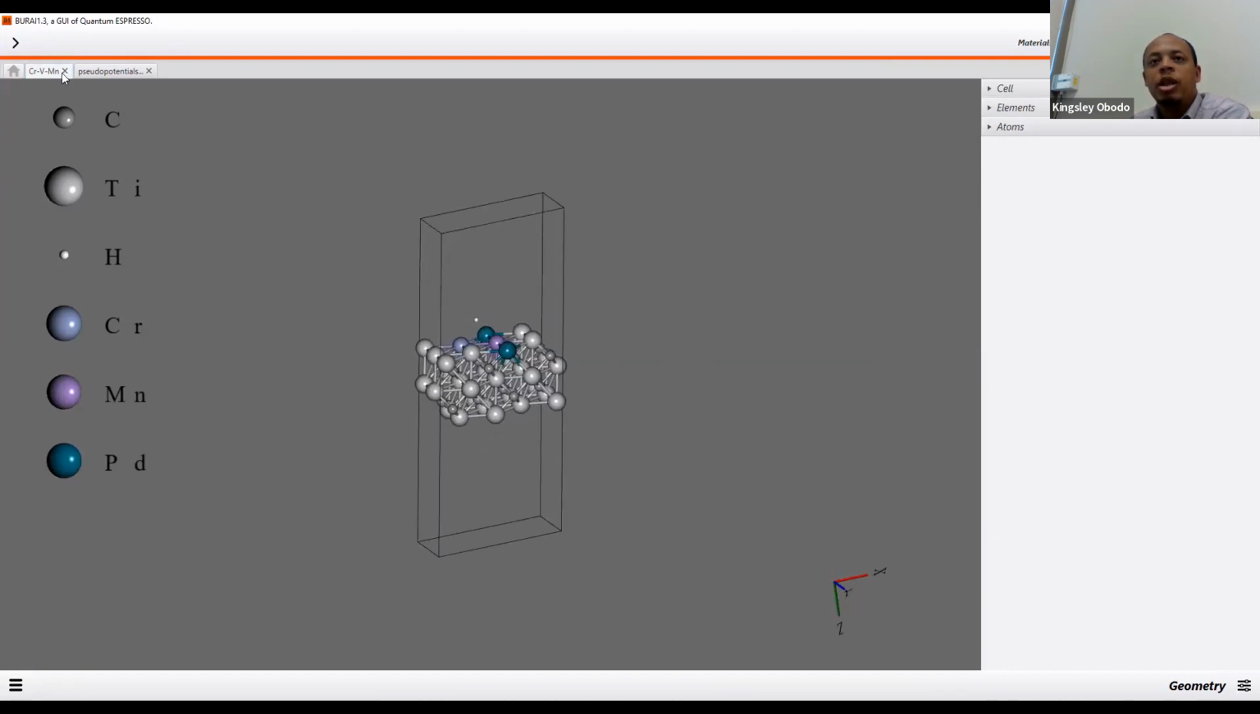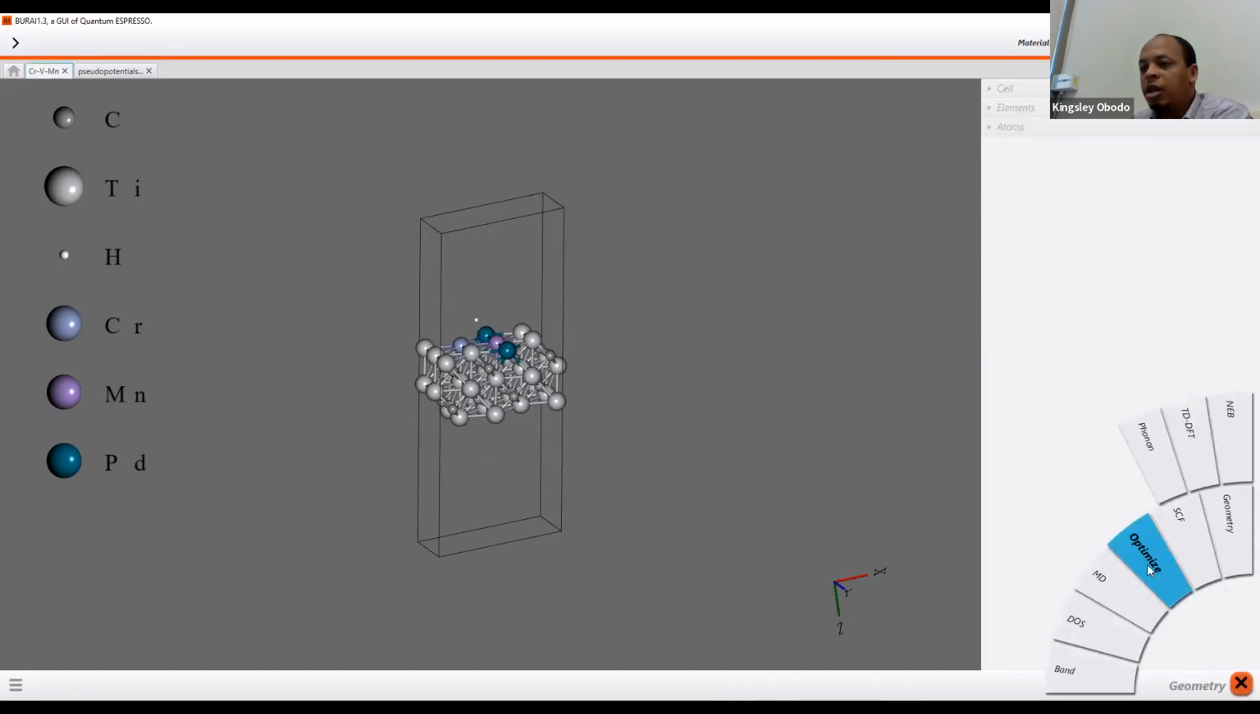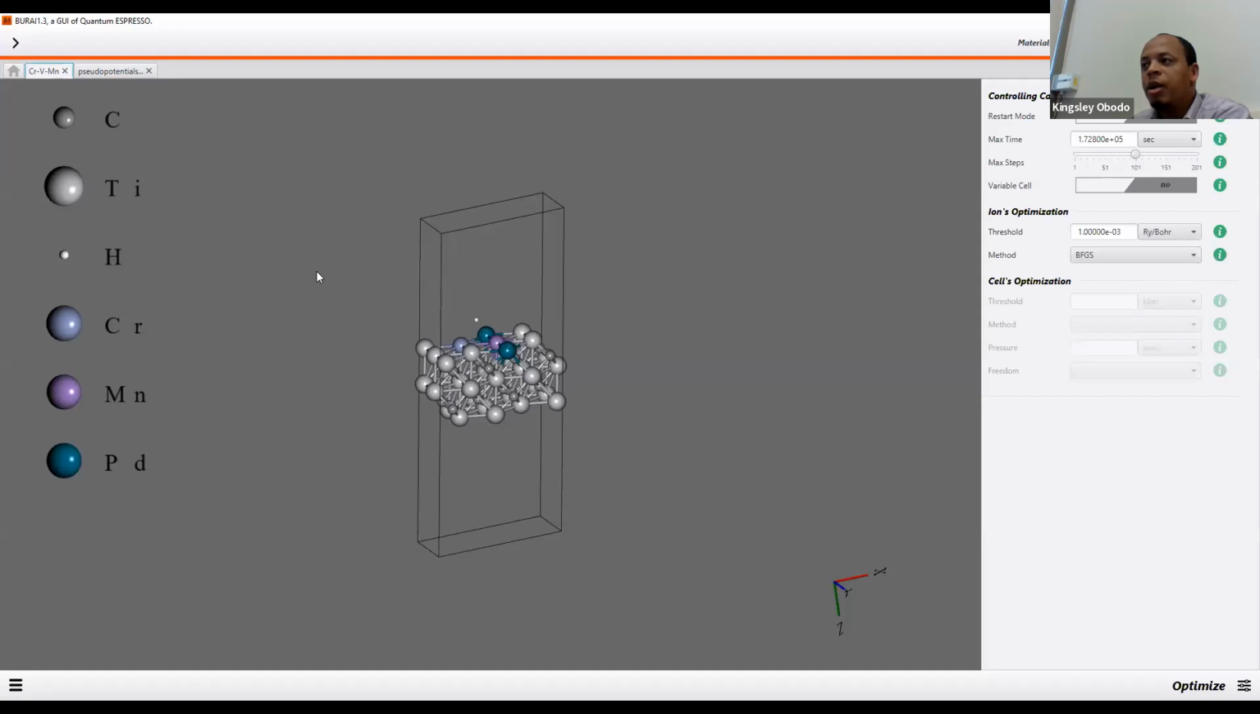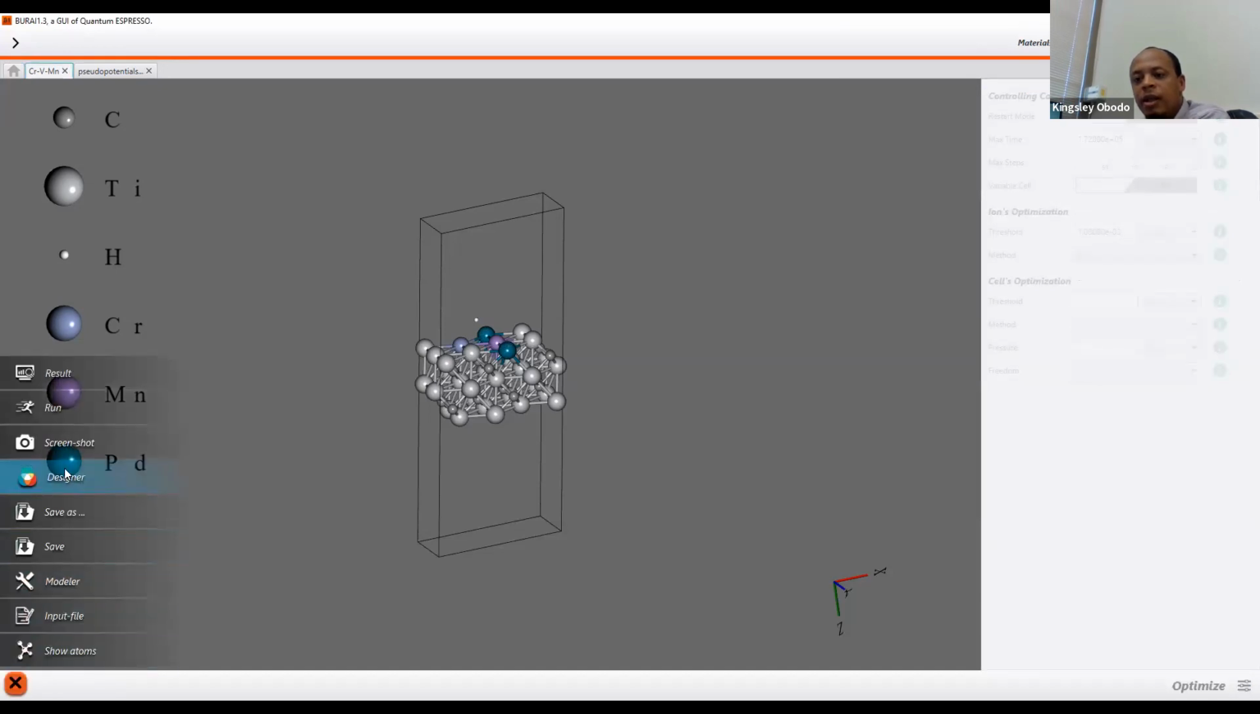From here, you can determine what kind of calculation you want to do. Say you want to do optimize, and then restart mode, I say no, variable cell. Variable cell is your VC relax. I say no. The method you want to use is BFGS for ion optimization. And then I subsequently come here and say,